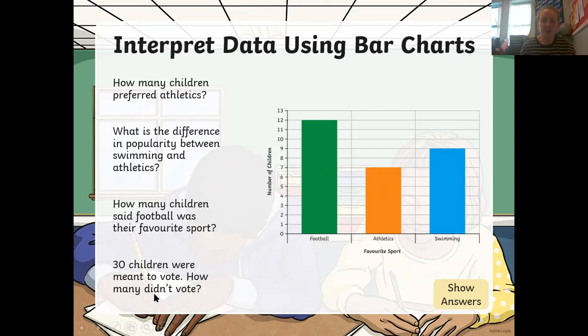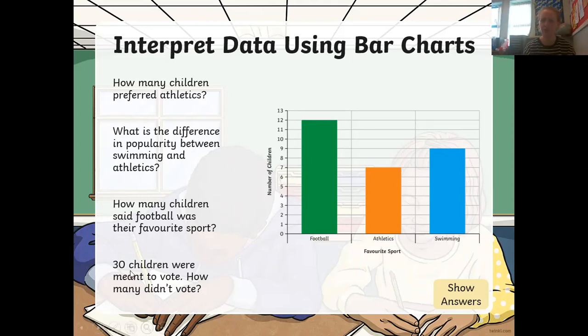Last question, 30 children were meant to vote. Now, if you were on my Zoom call, Otters, on a Monday, we did a little pictogram activity together and we realised that somebody hadn't voted. So we can look at this information and we can see how many people all together made their vote by adding them up. So I've got 12, add on 7, that makes 19. Then I've got another 9 here, 19 and 9, making 28. So in total, when I add up all of those, I've got 28 children voting, but 30 children were meant